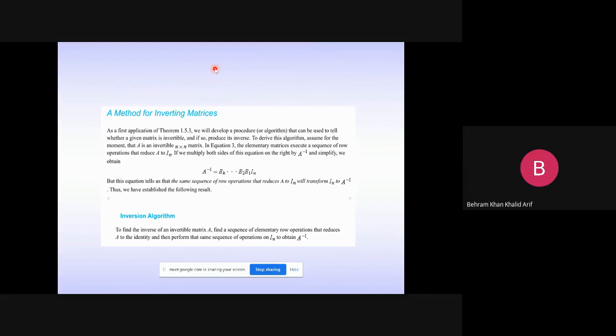ये दो डिफरेंट चीजें हैं, ये वही चीज नहीं है। वहां पे हम एलिमेंट्री से वापस आ रहे हैं आइडेंटिटी पे, यहाँ पे हम ऐसा नहीं कर रहे हैं। यहाँ पे अगर कोई एलिमेंट्री मैट्रिक्स हम ए के साथ मल्टीप्लाई कर रहे हैं तो वही एलिमेंट्री मैट्रिक्स को मल्टीप्लाई करना है विद आइडेंटिटी मैट्रिक्स एज वेल।